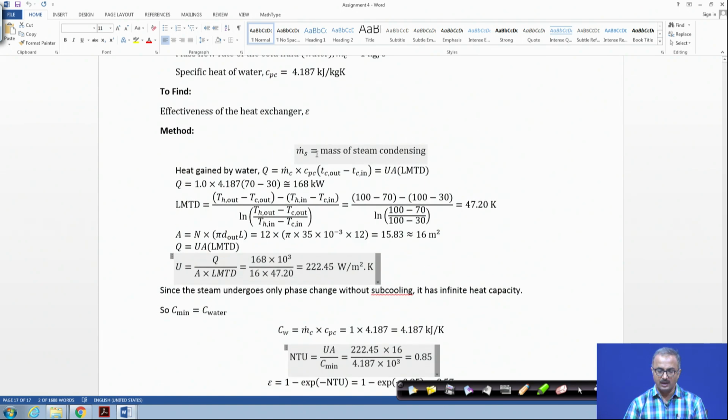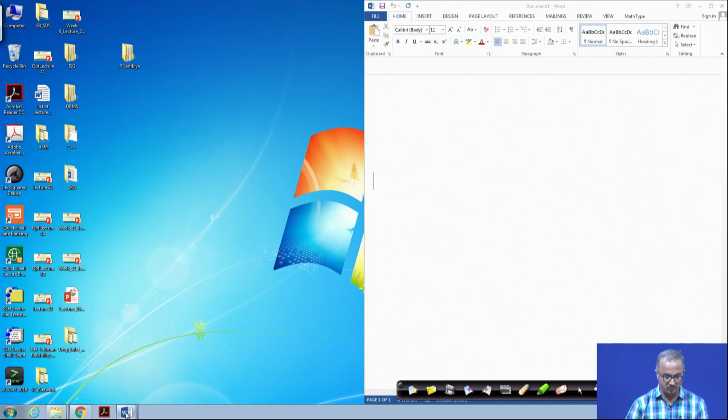So I am not going into the detail of this problem because, as I told you, it is basically plugging values into the formula. So just go through it one by one, step by step. You should be able to get the answer and understand the concepts. Next, I go to